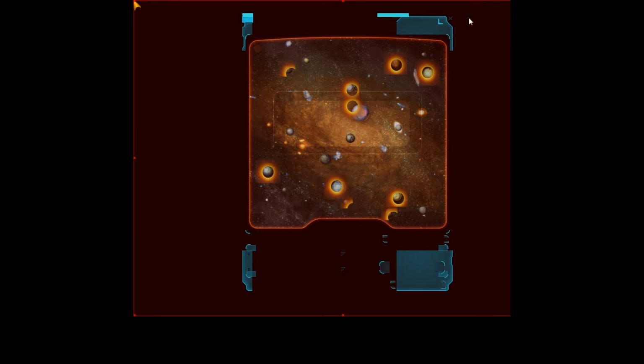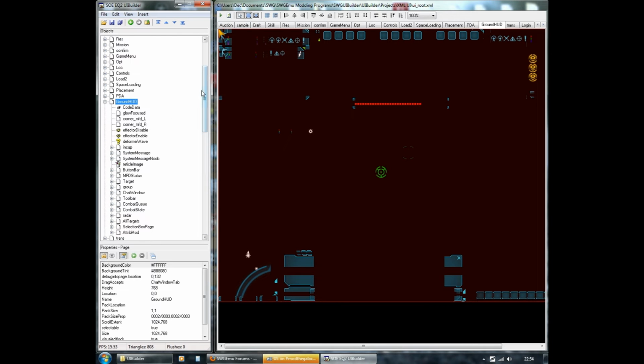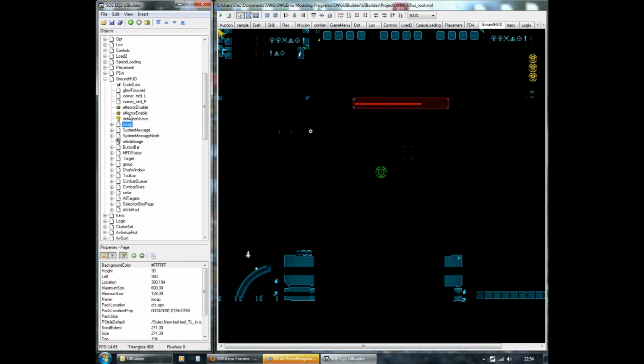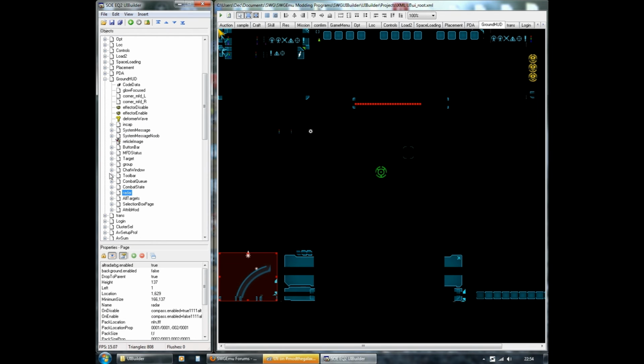So anyway, if we go to ground HUD, as you can see this is the full HUD. Radar's bugged up in the program once more. I don't know why the radar likes to bug up loads in the program. If I expand out the ground HUD node, I can see everything that's on it: the in-cap timer, system messages, which you can't see because they need text to actually load up. But if we go down to radar,